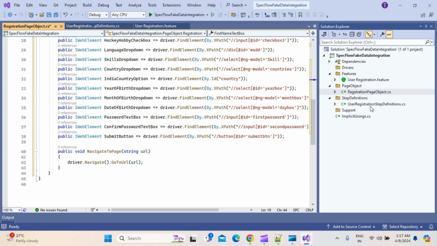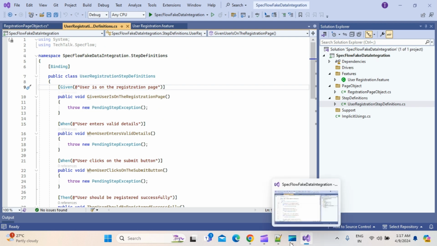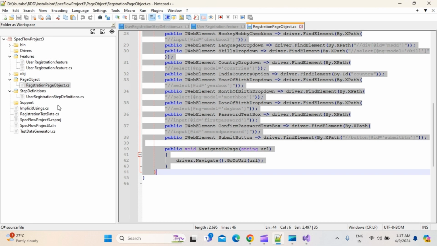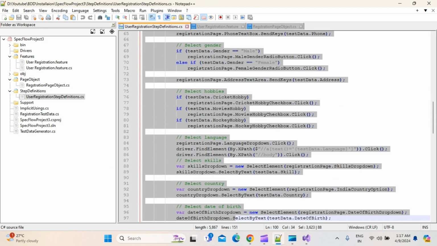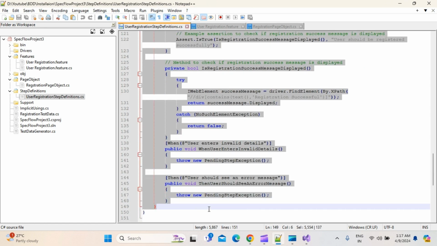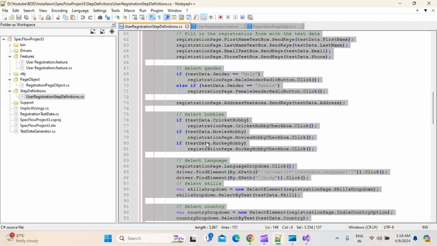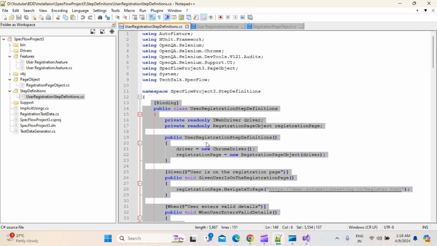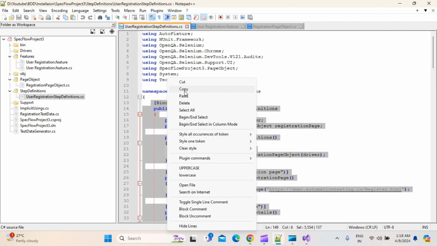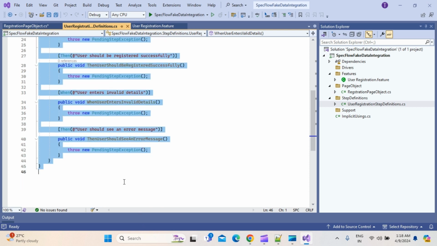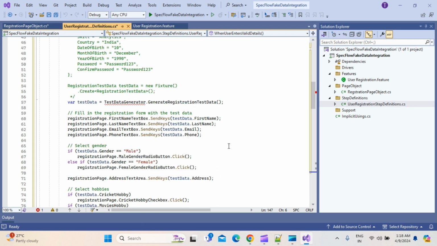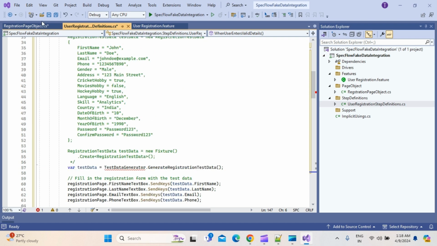Now we will try to write the code in the step definition. In a similar manner, I have a step definition already created. I'm going to copy this complete step definition file, and paste it. I will explain each and every line so that you will understand what I'm doing and how I'm doing it. So I added it here, and then